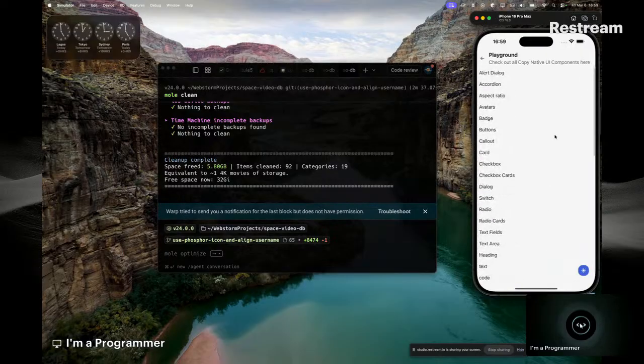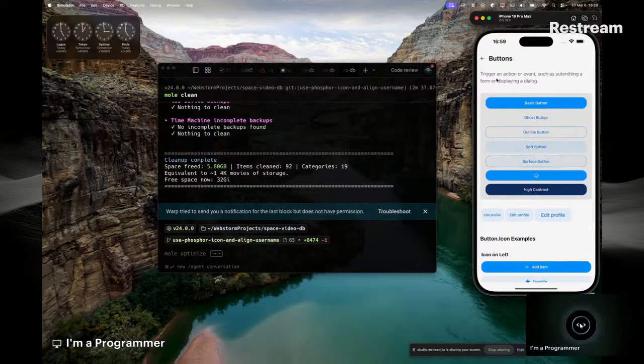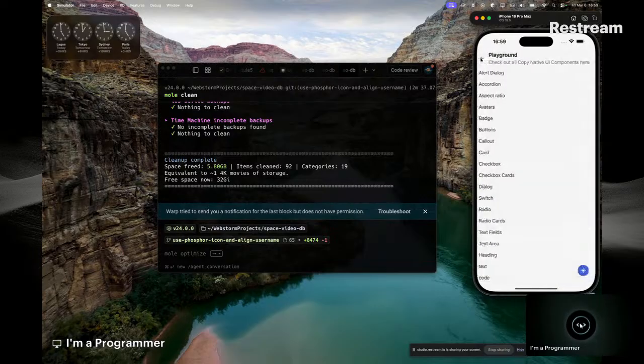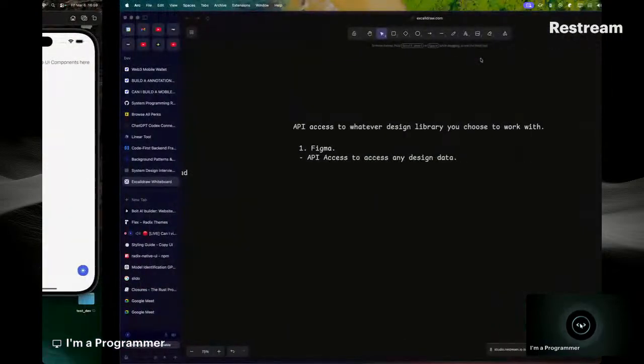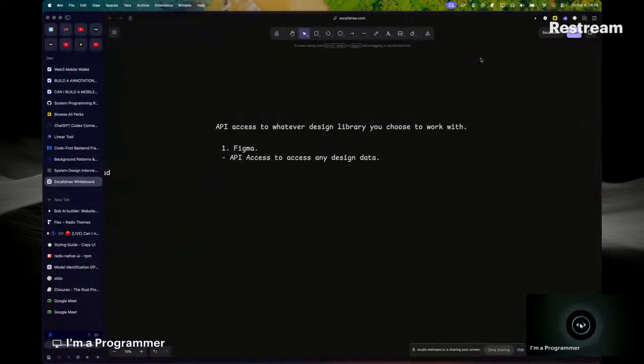It's difficult for AI to do those things. It's too nested, to be honest. Even myself, I needed to be sure I was doing the right thing. I need to fix a lot of things, the timing and everything, but that is for another time. In case I want to do a deep dive on how I created this thing, I'll probably create a video on that. But interestingly, what I'm saying here is that when we have Figma and the API access to any of the design data,